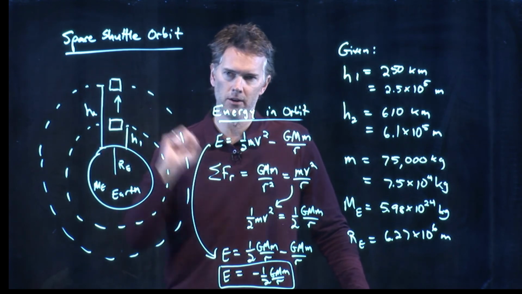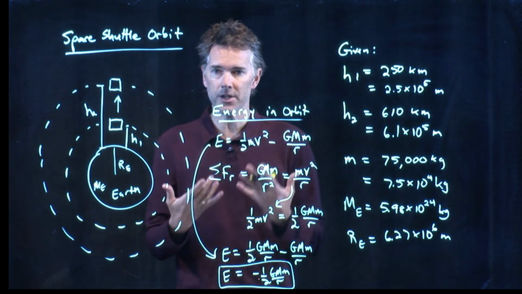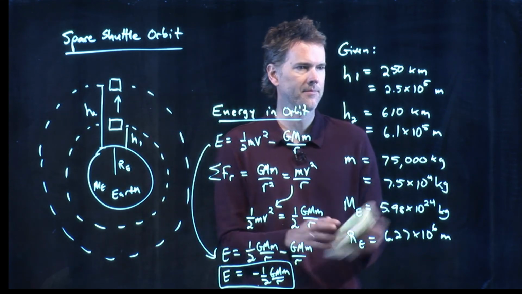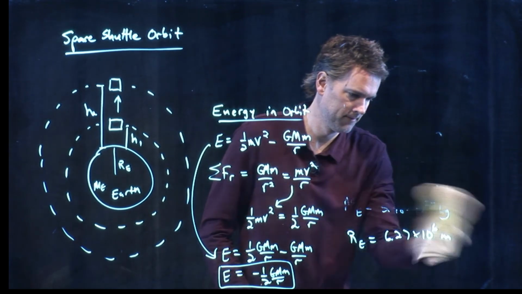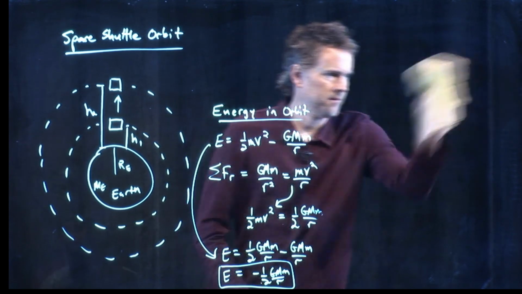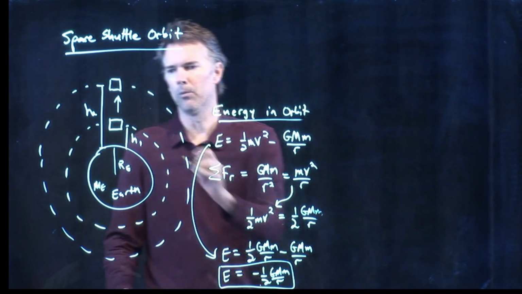I'm going to have a different energy in orbit H2. Whatever that difference is, that's how much energy I have to add to the system. All right, so let's calculate that. So we're going to say that